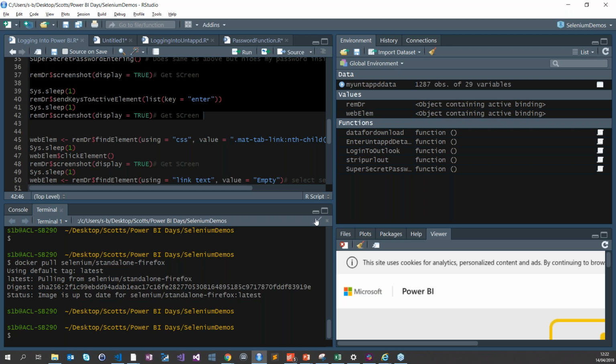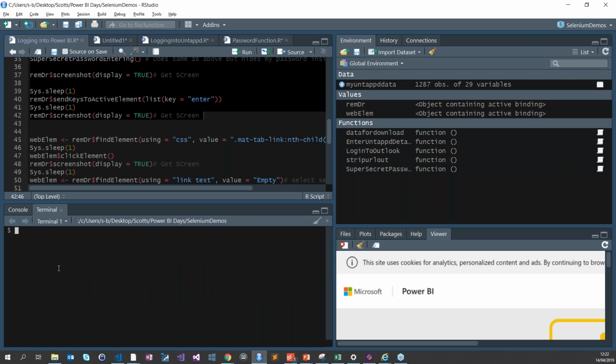Not having any luck. Are you gonna work? Nope. Okay, I have broken RStudio, which is awesome. Cool. Let's just try and restart my Docker